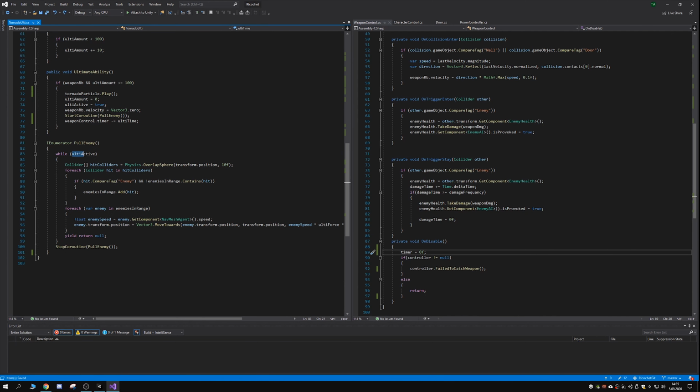So while ulti active is true, we create an overlap sphere around the weapon, and for each collider that we hit, we check their tag. If they are an enemy, we add them into a list called enemies in range, and we also check if the enemy that we found is already in the list. If they are already in the list, we don't add them again, because otherwise you keep adding enemies into the